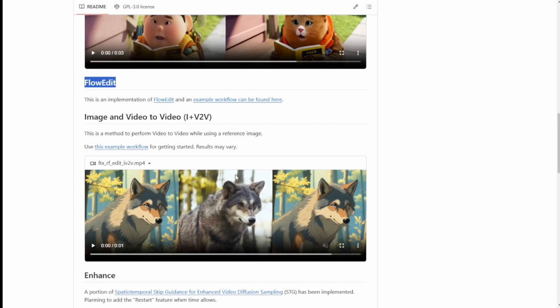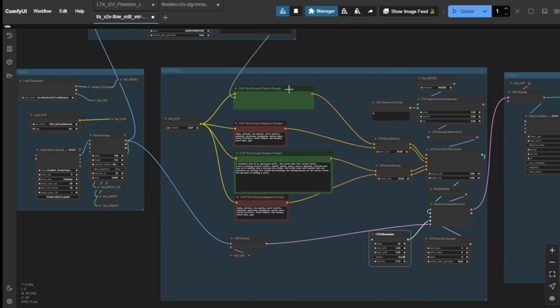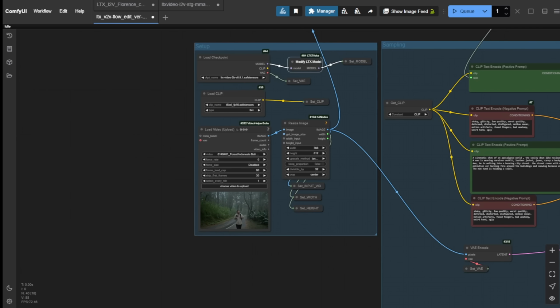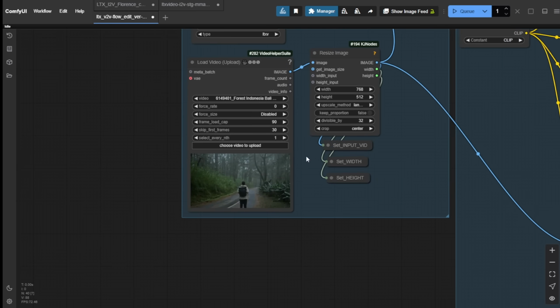As you can see here, it's realism to anime styles or anime styles to realism styles, whichever way you want to play around with it. And of course, you're not limited to the video or the graphic styles. You can also edit the objects as well. So right here, I've got one example I want to show,